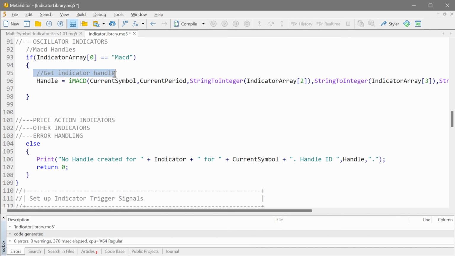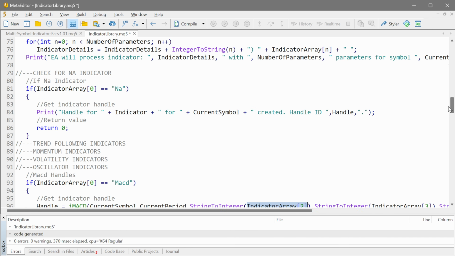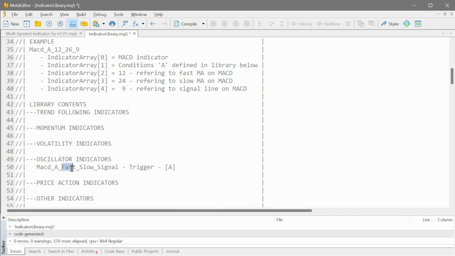The first thing you want to do is get the indicator handle, and this is done through iMACD. We are passing through the current symbol, the current period, and we are passing through indicator array at position 2 wrapped in a string to integer variable. This is important because we need to convert the string, which is passed through our indicator variable, into an integer. And remember, indicator array at position 2 is the same as this parameter here, which is our fast parameter,